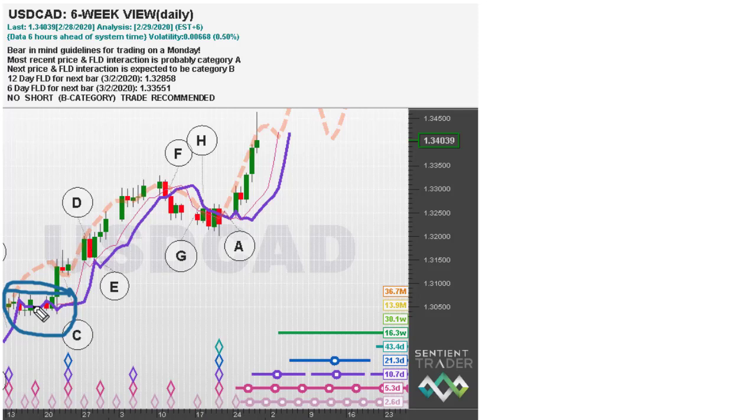You need some other information to back it up. So price is finding support at the level of the FLD. Okay, that's a good time perhaps to draw a trend line and do that. Then of course you're getting into a C category interaction trade. Now C category interaction trades, in work that we did to back test the strategy, if you like, sort of automated back testing of the strategy,